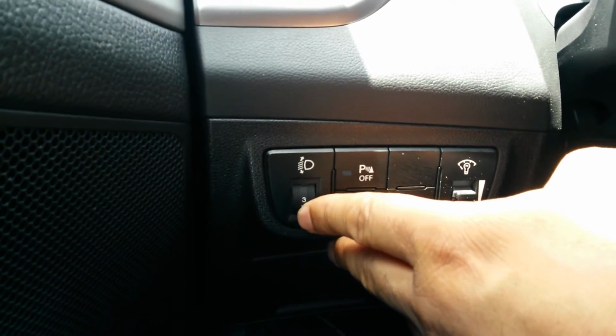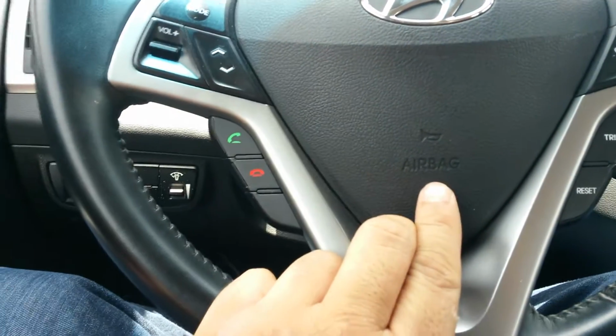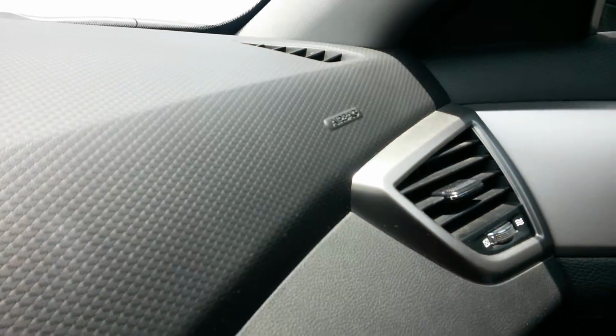Level of headlights depending on how much load you have on the vehicle. Of course, SRS airbags, not only in the seats but also on the driver's steering wheel and the driver's and the passenger side